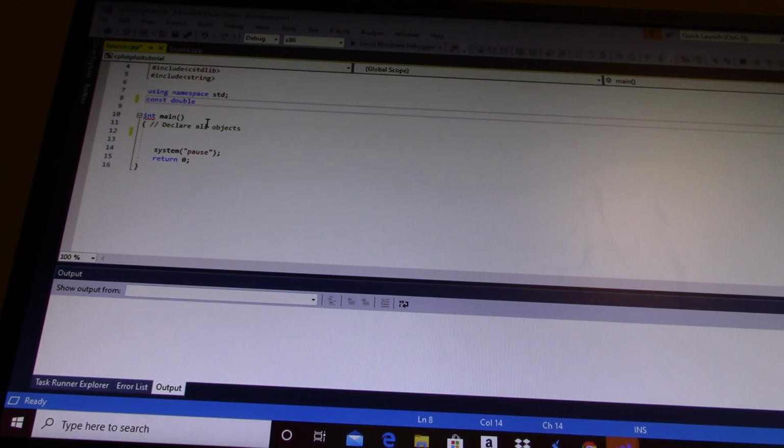And as we know from basic mathematics, we have a constant number that we use when we find the area of a circle. That constant number is pi, right? So pi is equal to